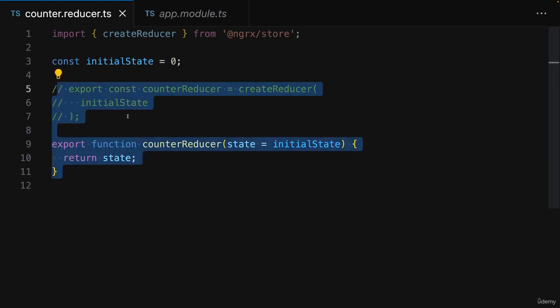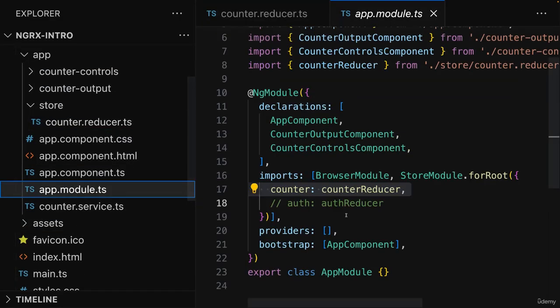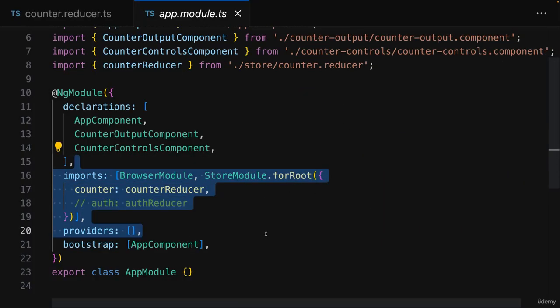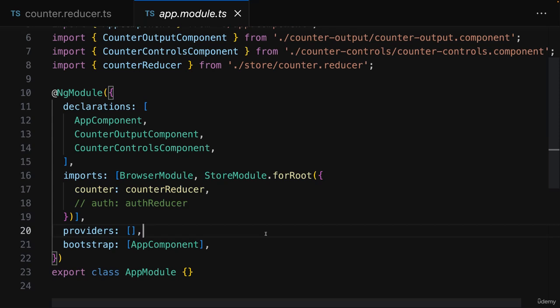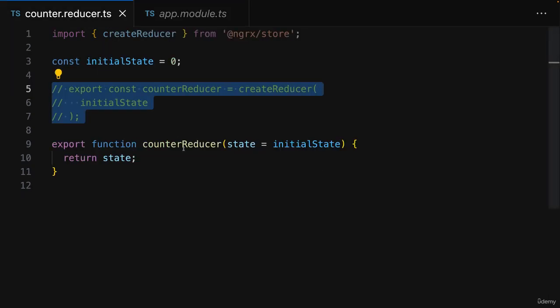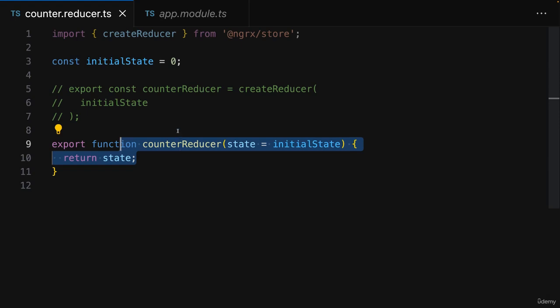So we got our reducer function, no matter how it was created, and we're providing it to the application in the end by setting up this store. Now, before diving into actions and making sure that the reducer does a bit more than just defining some initial state, I want to show you how you can read that data that's managed by this reducer in the end